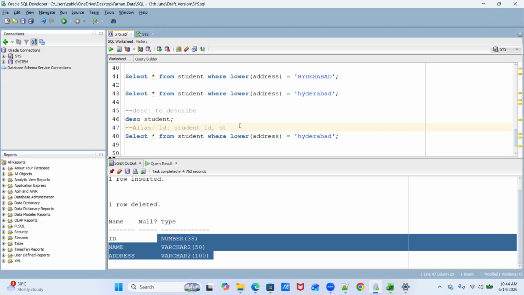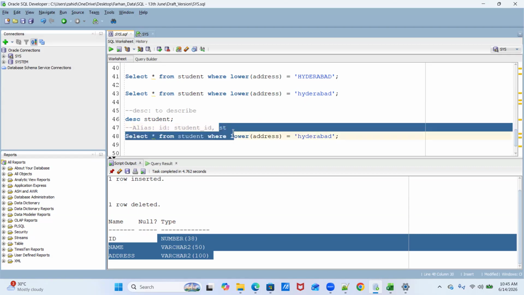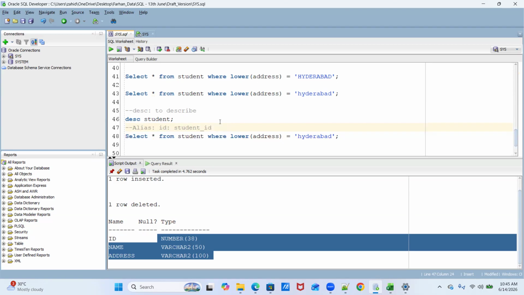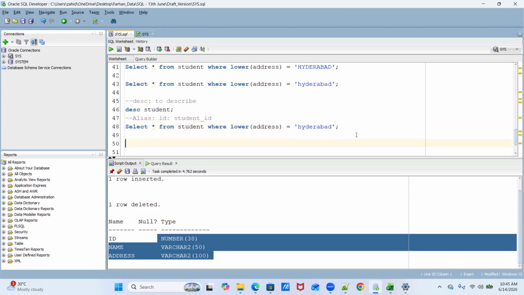Even for student, you can do that. You can just write stud or s, but it must be meaningful as well. If you have a long query, then other developers can also understand what alias you have given and what it means, or else they have to go deep into the query and learn it if they are doing any modification in that query. So it should be understandable and readable as well. So in the same format, you have to give the alias. But yeah, that we'll see later on. For the time being, let's try the column alias.